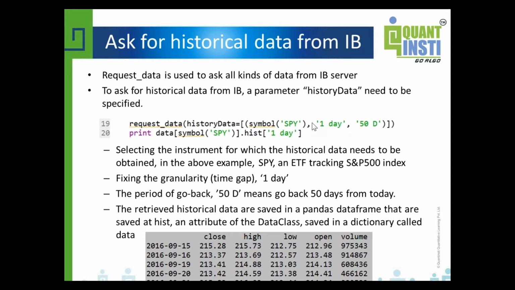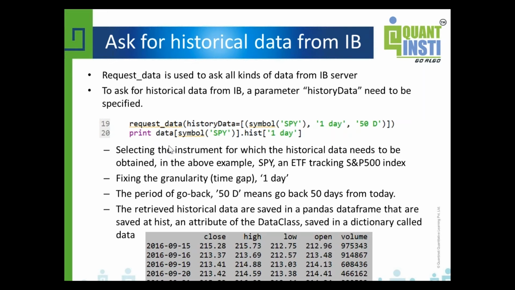The next parameter is the time gap. Here I specified 1 day, which means daily data. The next parameter is 50D, which means the period to go back. 50D means go back 50 days from today.